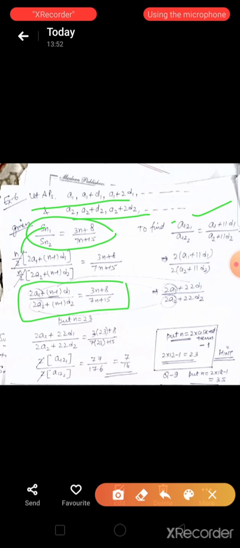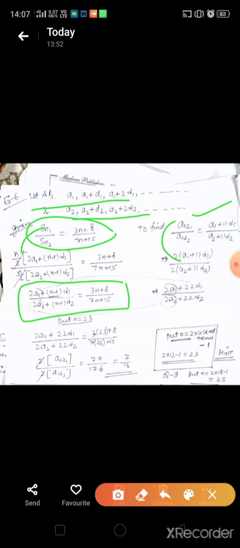Now हमें क्या पता करना है, हमें पता करना है 12th term का रेशो. So the 12th term of this particular series will be a1 plus 11 d1 and for the second series it will be a2 plus 11 d2. हमें 2a1 दे रखा है तो हमने क्या किया, 2 से ऊपर नीचे न्यूमरेटर डिनोमिनेटर में मल्टीप्लाई कर दिया. तो बेसिकली it is 2a1 plus 22 d1 upon 2a2 plus 22 d2. ये रेशो हमें फाइंड करना है.